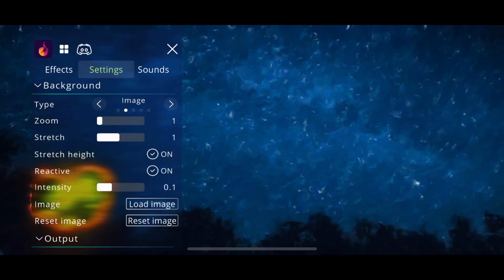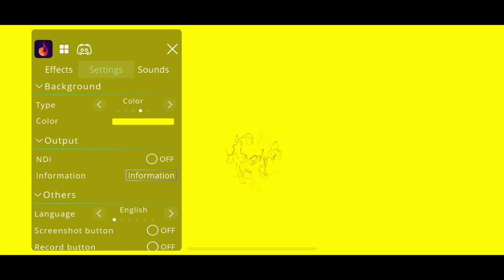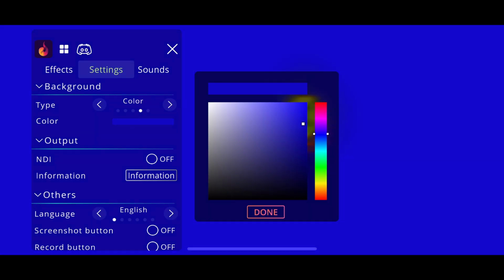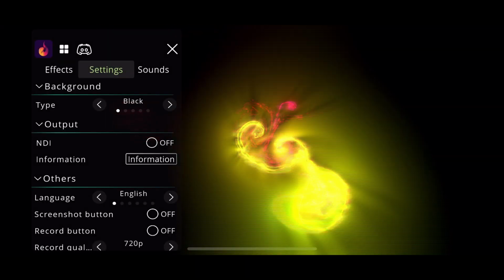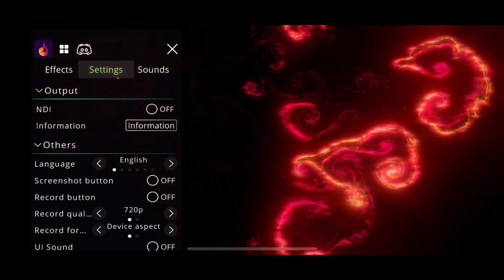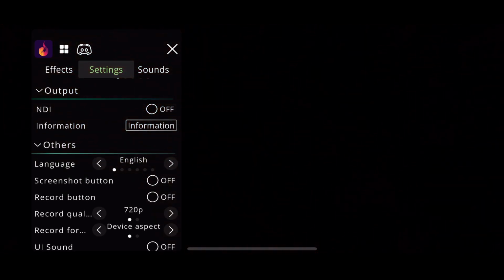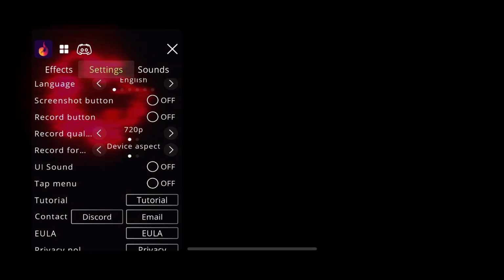Okay, we have some more background options. Some like to have a clock in the background. Some like to have a static color. Rather than having the black one, we can also have whatever other color you like. But I will go for the static black, which is my favorite, so you can see the fluids in a more intense way. We have NDI output, and we have a more general section